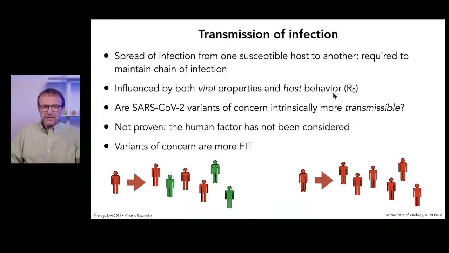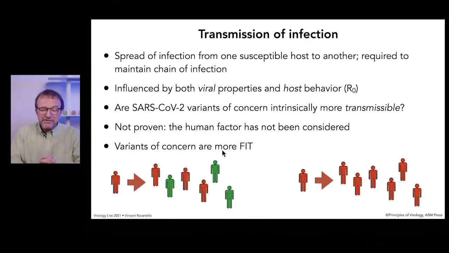And so a big question this past year is, are SARS-CoV-2 variants of concern intrinsically more transmissible? Has anyone done the right experiments to show that? In my opinion, no. It's all based on observation of movement of virus in the population. The human factor is often not considered in determining these RE, RT. I believe, and many others agree with me, that the variants of concern have greater fitness, and that's why they